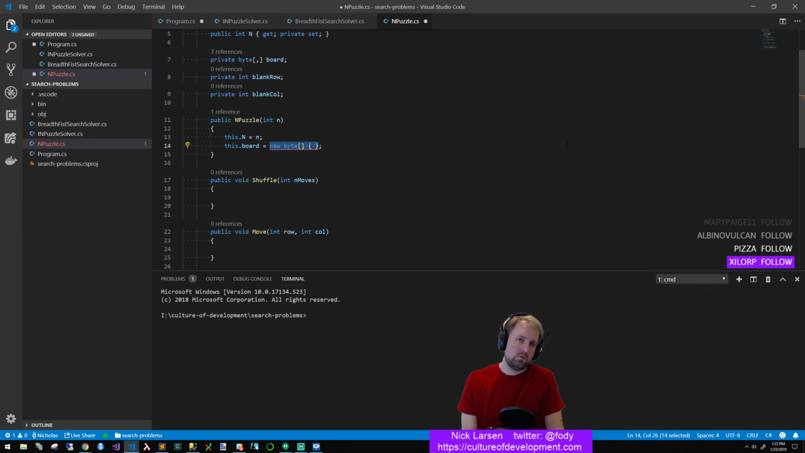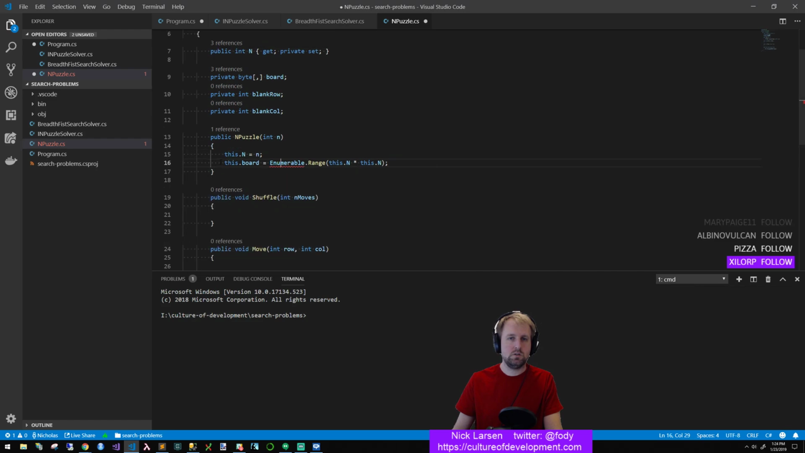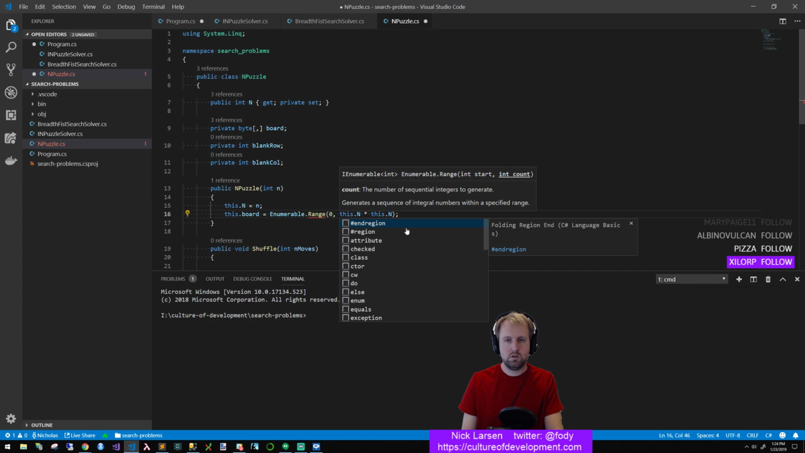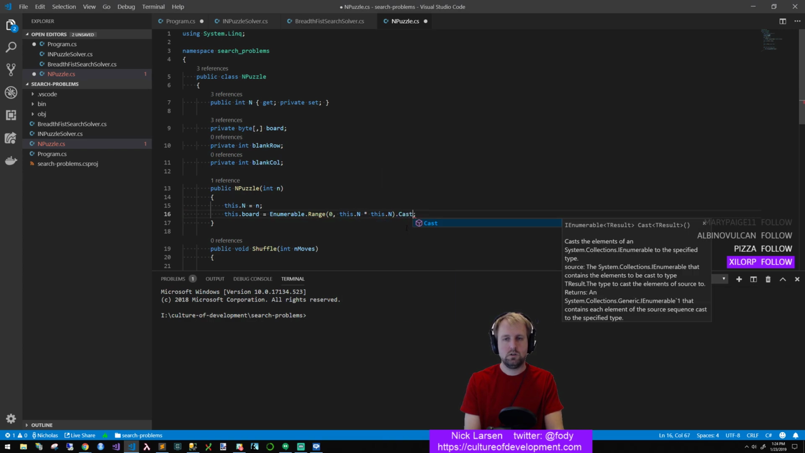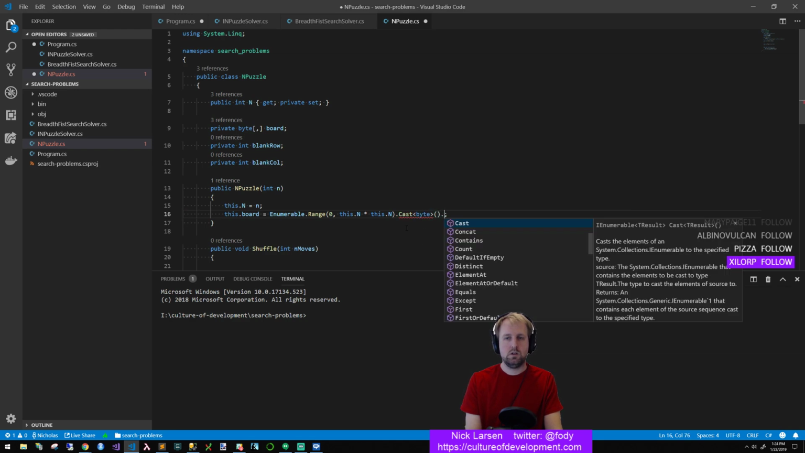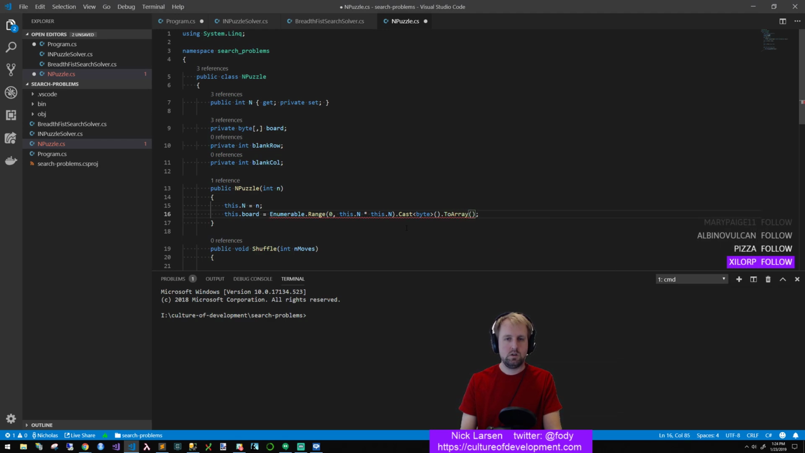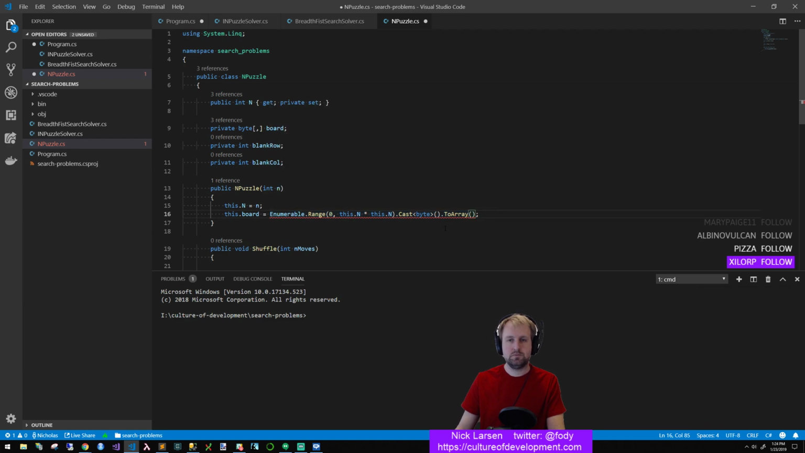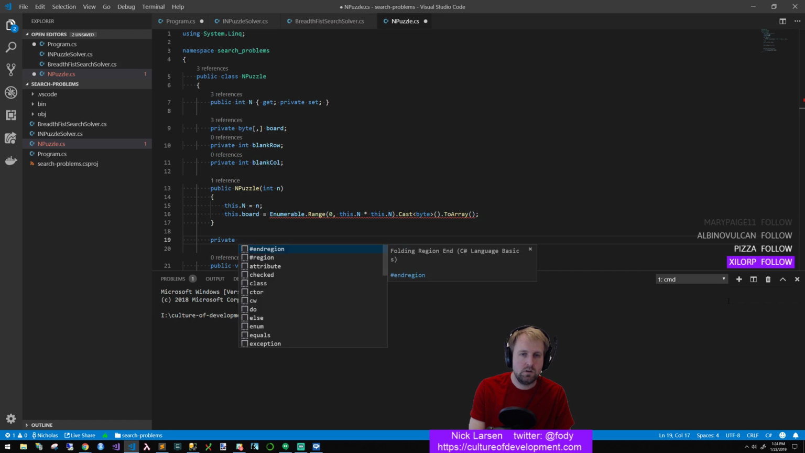Okay. So we're going to say this dot n times this dot n, enumerable dot range, give me a numerable here using system.link, range 0, and we're going to say dot cast to byte dot to array, and that doesn't want to work. Cannot implicitly convert type. Oh, that's right. Okay, great. Okay, let's just say private void